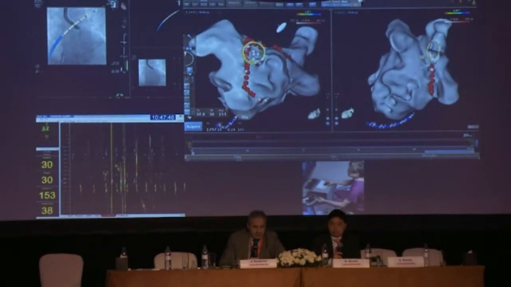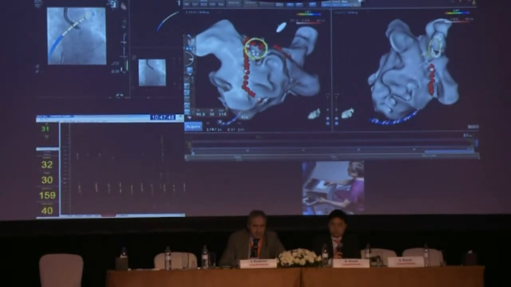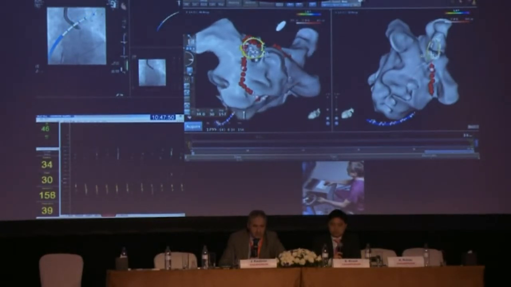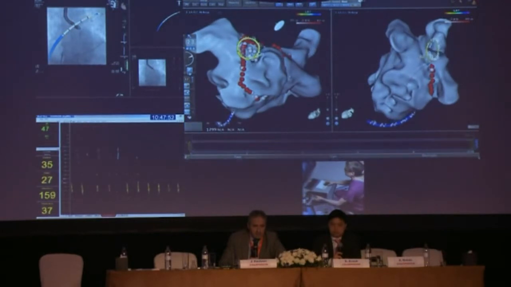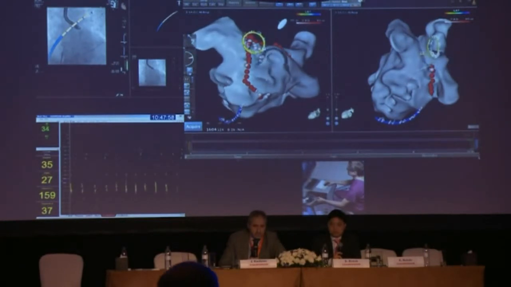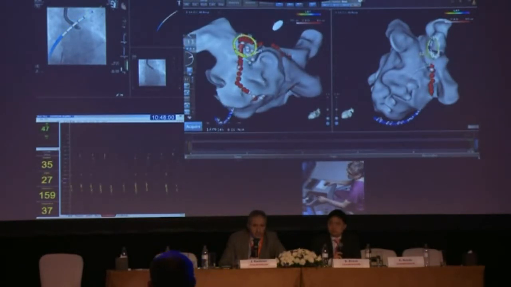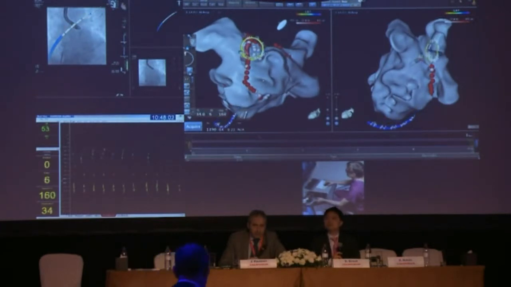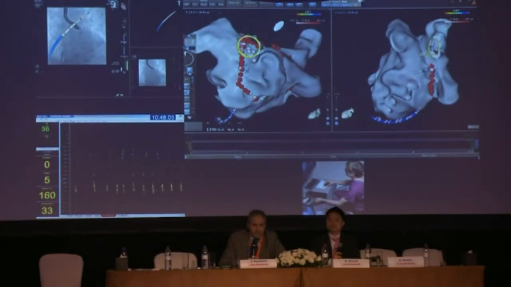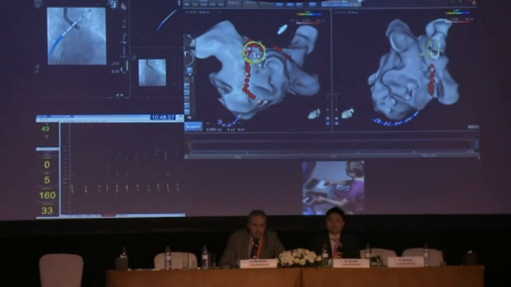If I pull forward, the catheter doesn't move because it's stuck there. If I move the catheter back, it will swing off the ridge. So it tells me which side of the ridge I'm on, even if I'm not getting a force sensing from it. So Smart Touch is a real luxury, but it's not the only thing that you need